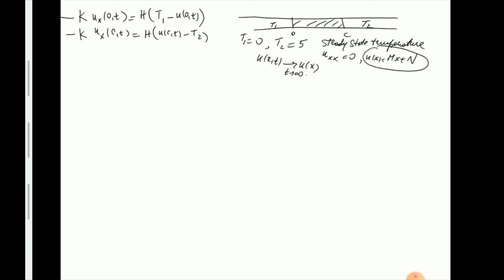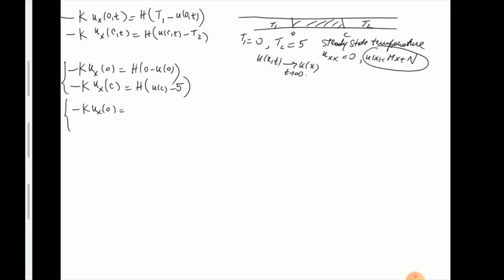With these values, the first condition becomes minus K u_x at 0 equals h times T1, which is 0, minus u of 0. And the second condition is minus K u_x of C equals h times u of C minus T2, which I said is equal to 5. It's customary to rename these physical constants, so let's continue rewriting this. We have minus K u_x of 0 equals minus h u of 0, and then minus K u_x of C equals,